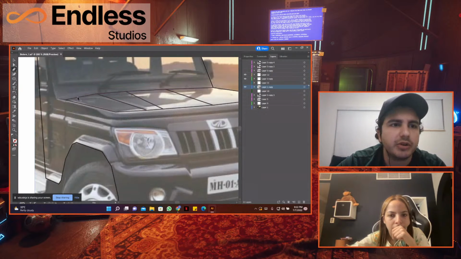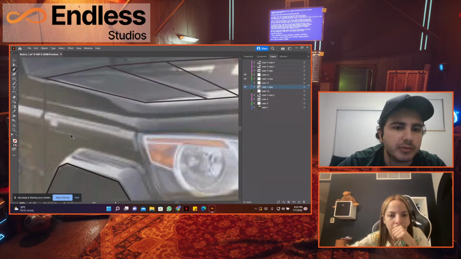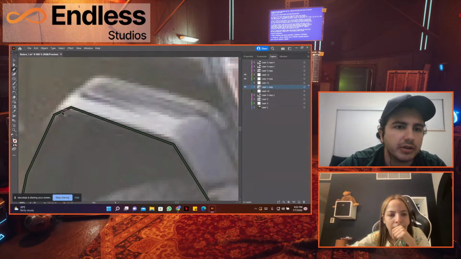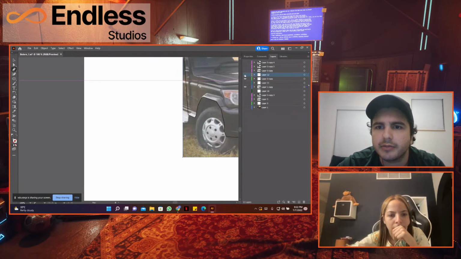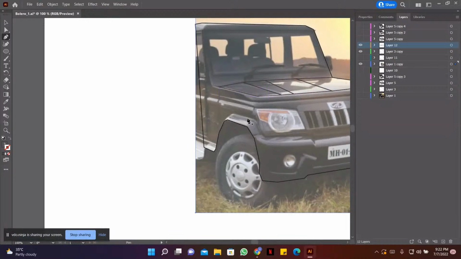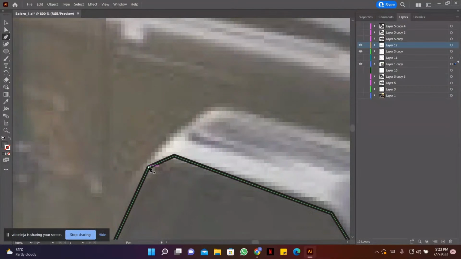So let me show you how you could go through a curved surface maybe. So imagine this is a curved surface. You could do something like this. Let me go back to this layer that I was working in. Yep, it's this layer. Okay. So now,